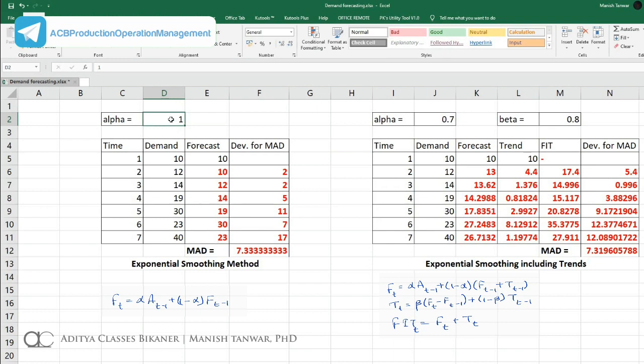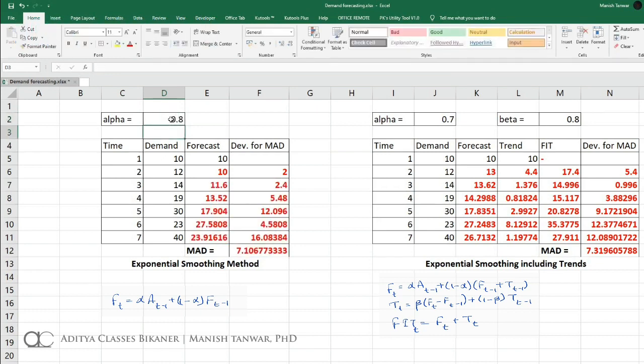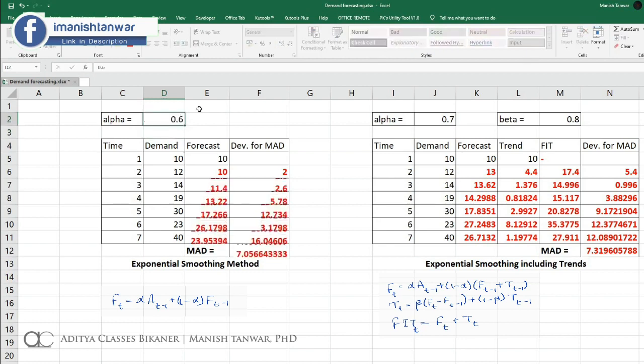Rather, what we can do is take a very high value, as high as 0.8 or 0.9 or something like that. So here we see that in fact 0.8 is giving me better values. 0.9 is not giving me such better values. 0.8 was best. 0.7 is still lower. 0.6 almost the same. 0.5 increasing.